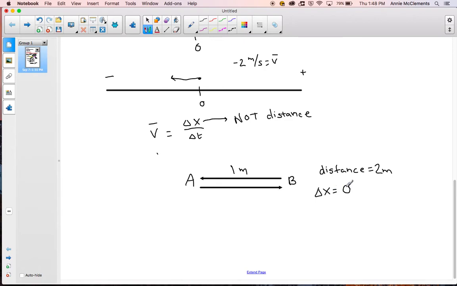You're like, whoa, wait, Miss Mac, that makes no sense. Displacement refers to the change in position. Through this exercise, I didn't actually change positions. My starting position and my ending position are both point A. I moved no meters from the start to the end. So when you're calculating displacement,